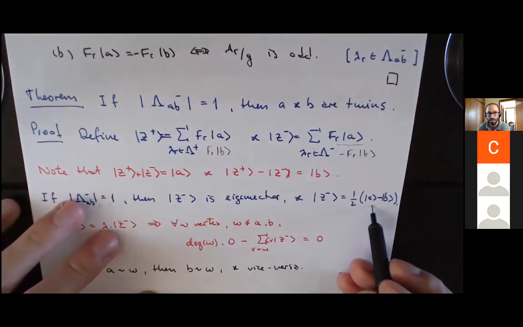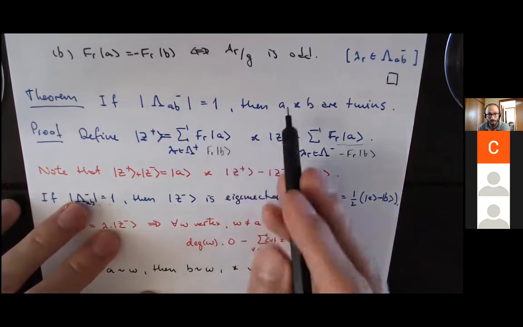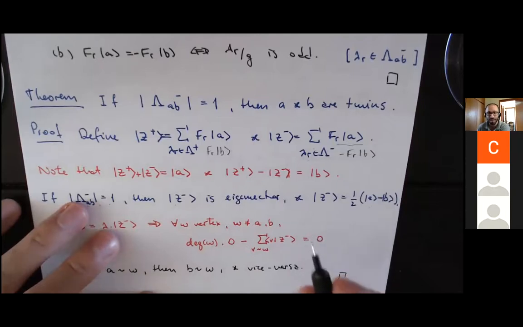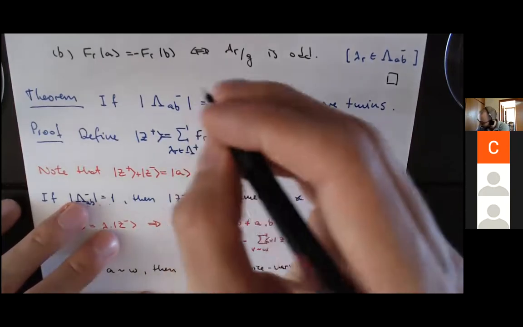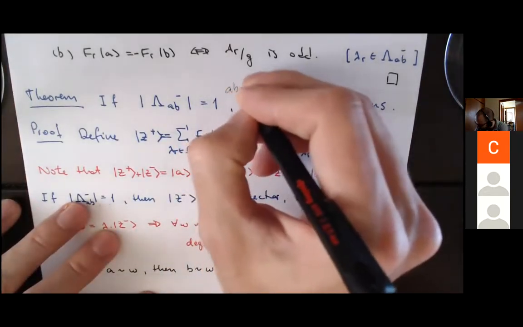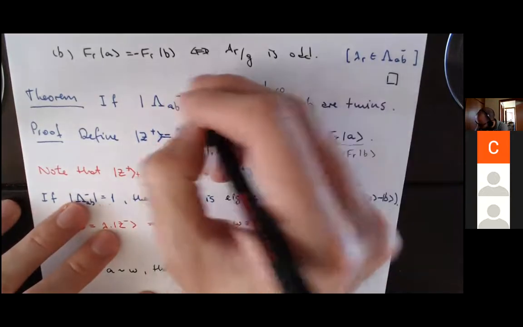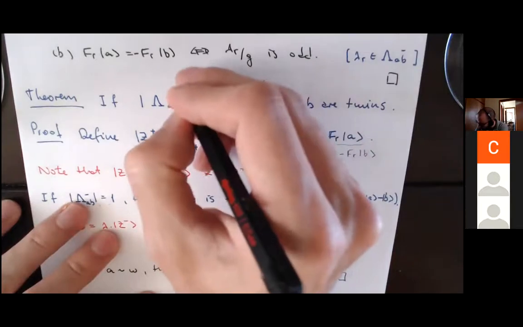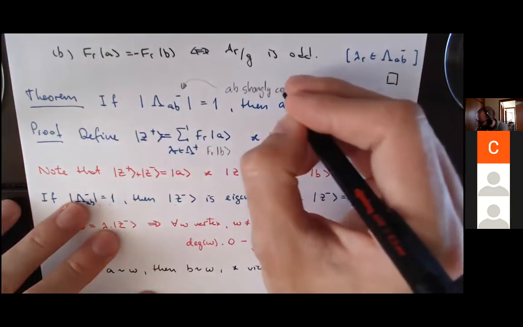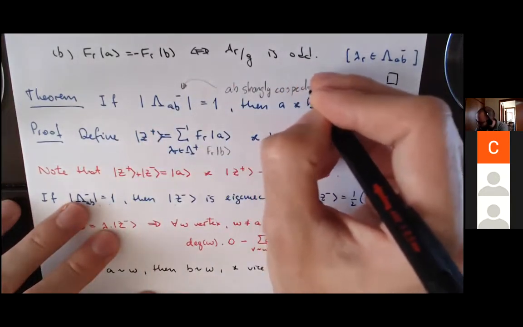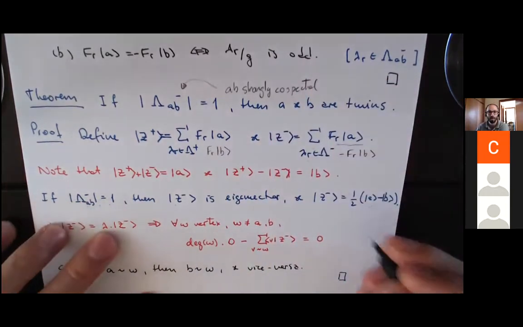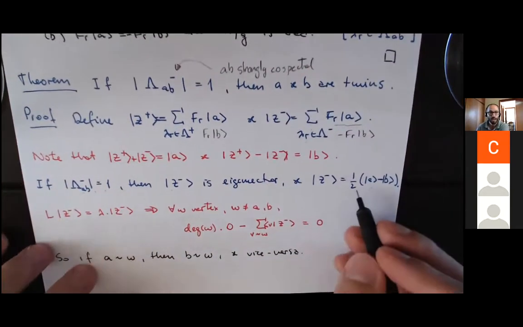Of course, if there is PST, right? Sorry, if A and B are strongly co-spectral. I'm assuming, okay, A and B strongly co-spectral. Yeah, this is strongly co-spectral. But this is sort of implicit in the definition of this symbol. So, let me just leave it clear here. Okay, now,